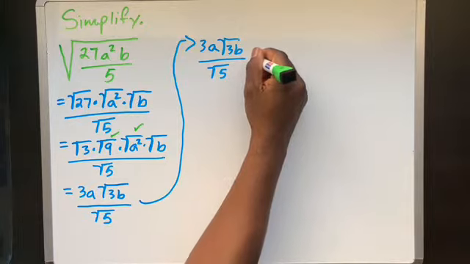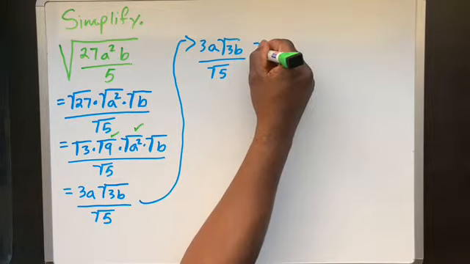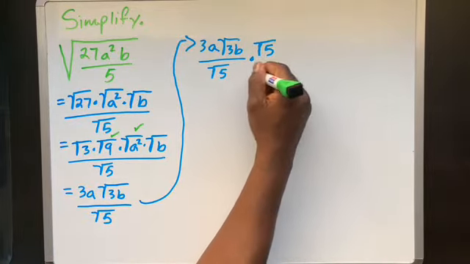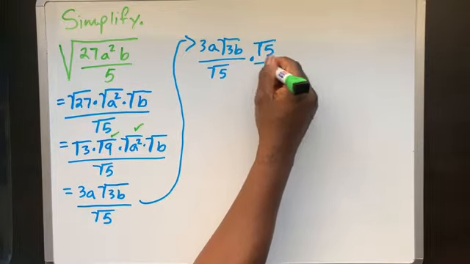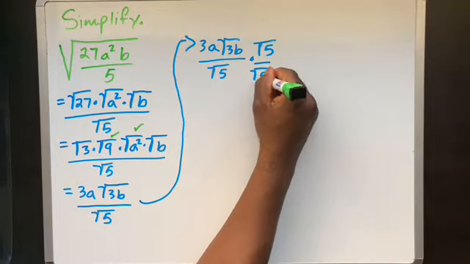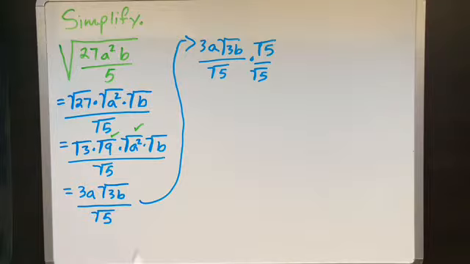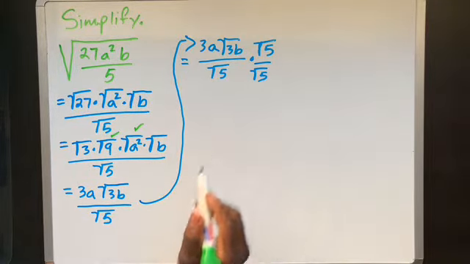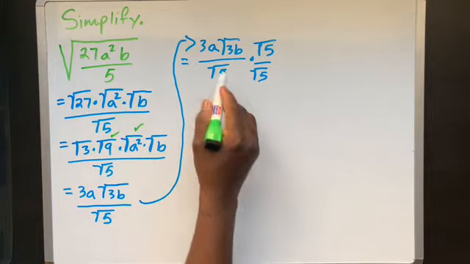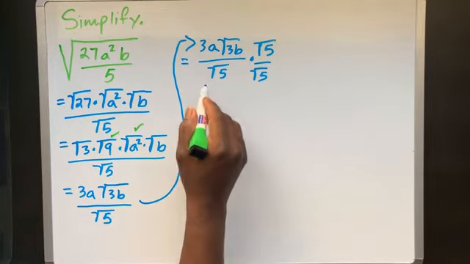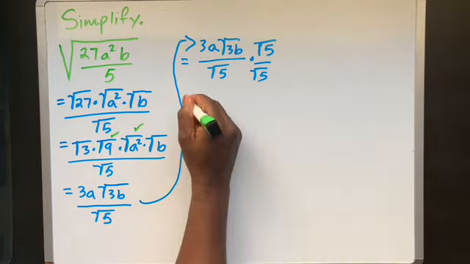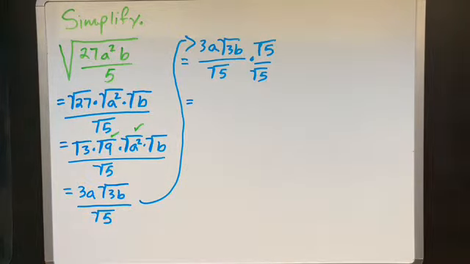And I'm going to multiply this by the square root of 5 over square root of 5. Okay, now, when I multiply this, I'm going to multiply numerator times numerator over denominator times denominator. So the next step we're going to get